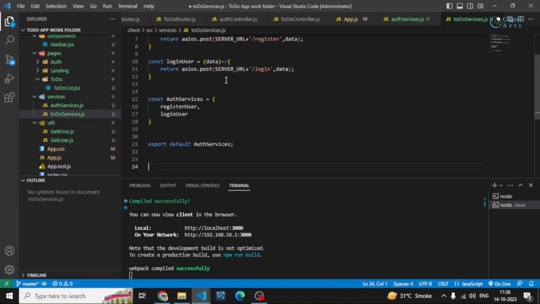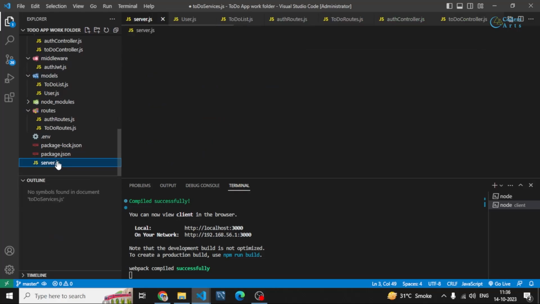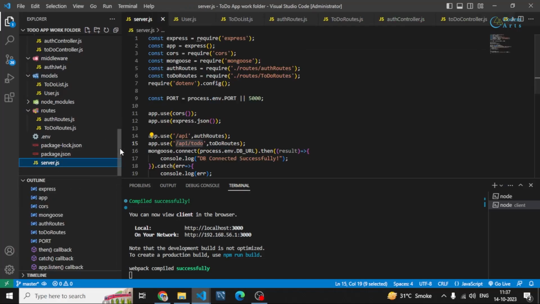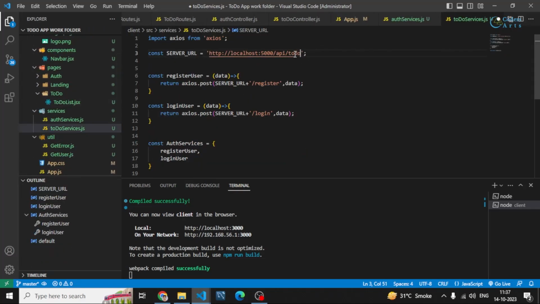So we'll be importing these functions for basically working with the backend or making the request to the backend. And remember we had the endpoint to do as well. So in this we had the to do. Let me just check one more time how it was. So it was to do without any dash. So similarly I'll have to write here to do. Then after that we had the routes page, right? So first of all I'll be creating a route for create to do, let's say, and in that we have to pass. Let me just write the endpoint here, create to do. I think it was the same,